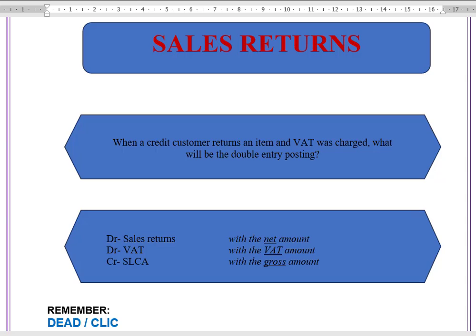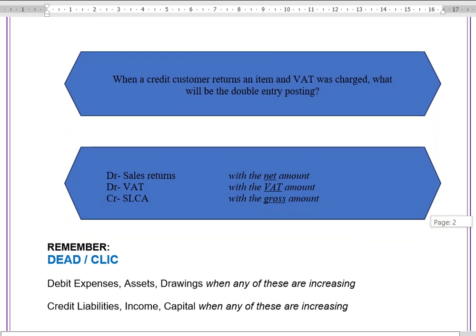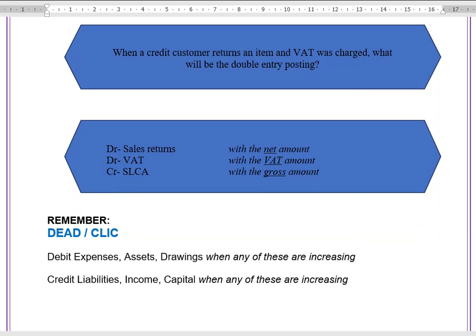You want to reduce the amount that is owed. If the asset is increasing, you debit it. If the asset is reducing, you will have to do the opposite. So we will credit the asset account. Which asset are we talking about? We're talking about the debtors control account, which is the sales ledger control account. When it is increasing, you will debit the asset account. When it is reducing, you will credit it. As we see on the debit-credit chart,